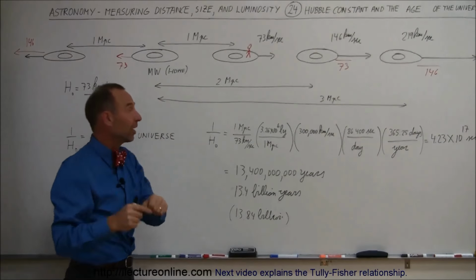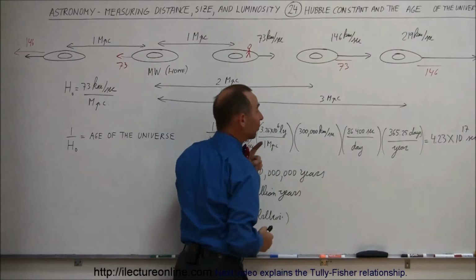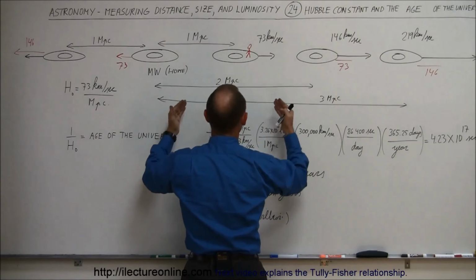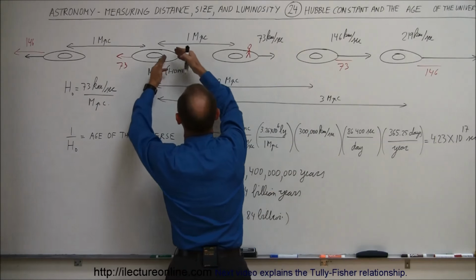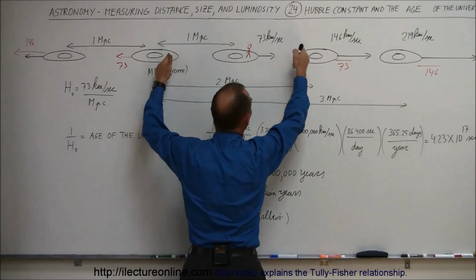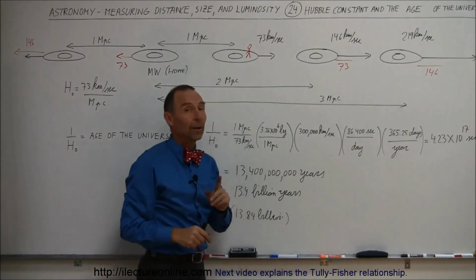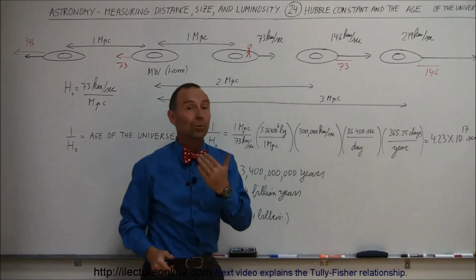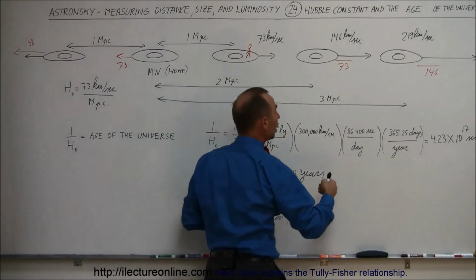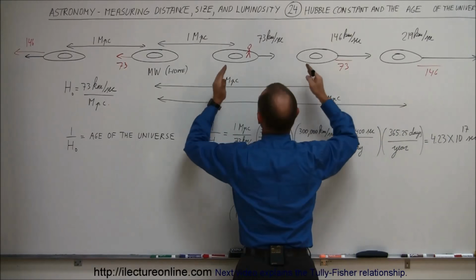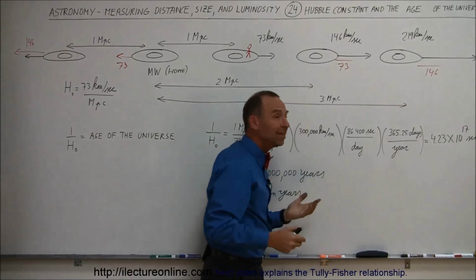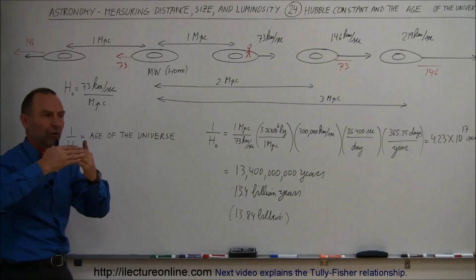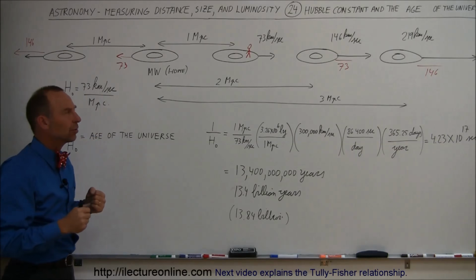Now you can say, well, what about the second galaxy? It's twice as far away, but it's also moving twice as fast. So that means that in the same amount of time, this galaxy will have moved from right next to this one all the way to twice that distance. Wow, what about the third one? Well, this galaxy is 3 times as far away, but it's also moving 3 times as fast. So for it also, in the same amount of time, it would now have traveled this distance, which means if everything in the universe is expanding at the same rate as a function of distance of space between each other,